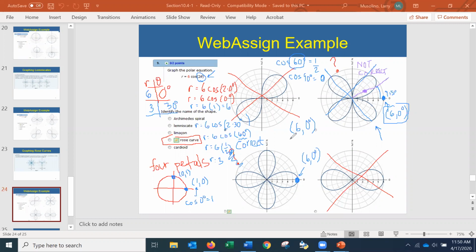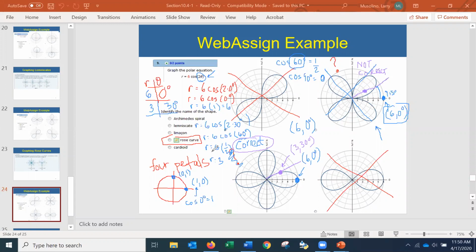Let me go down to this lower left corner. Again, I'm going to go out to the angle 30 degrees. Here it is in purple. I'm going to walk out a distance of 3. So this purple dot is the point 3, 30. And notice it does fall on the graph. So again, that tells me that this graph is correct.